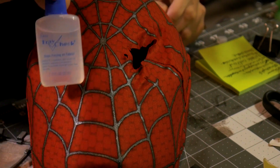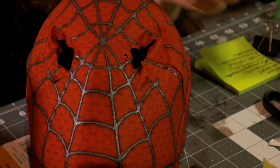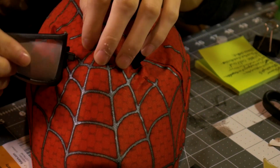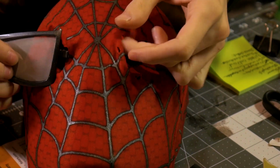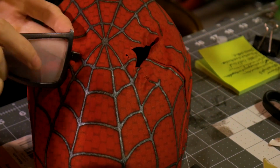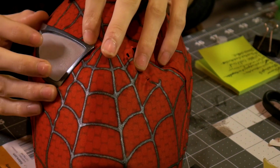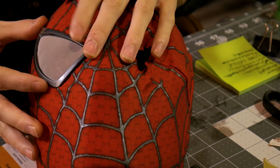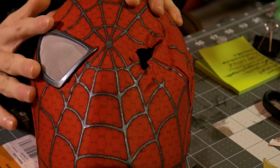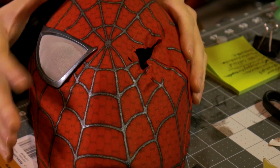Throw on a little bit of fray check and that should stop it mostly. It will probably get bigger over time because that's just what will happen, but this will stop it from growing anymore. And you kind of just have to slot them in as so. Like you see, you kind of just have to pop it into the fabric, those parts first. There is also a little top lip part right here, so you can kind of figure out where it needs to get placed, and boom, we have one lens fully secured in now, with the littlest amount of wrinkles